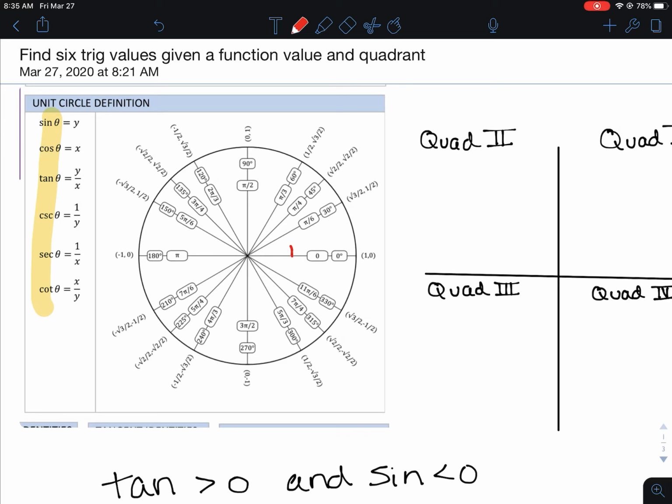So when we're actually calculating sine, cosine, and all of that, we can say that the sine is the y value and cosine is the x value because the radius is 1. So when the radius is 1, it doesn't really make a difference when you're multiplying or dividing by 1. But what these definitions should actually say if we're not using the unit circle, so if we have a value off of the unit circle, is technically that